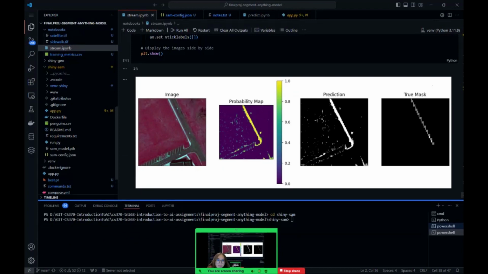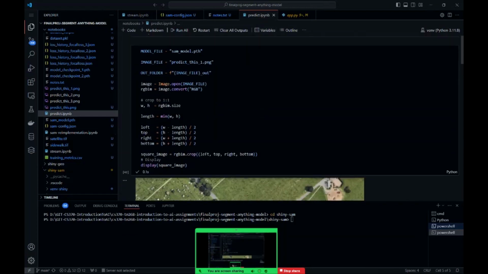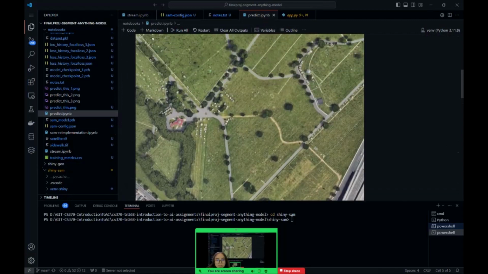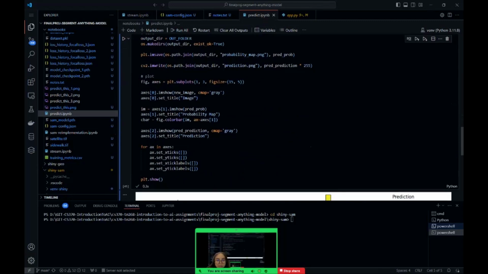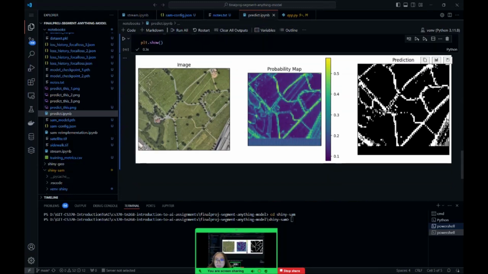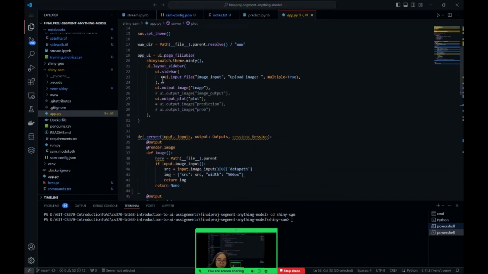This is deployed on Hugging Face Shiny Space. Before that, I wanted to show you the notebook where I've done my prediction on the screenshot. This screenshot is taken from Google Earth. It's basically the same process, but I wanted to print that before copying the code to Hugging Face. So yeah, this is the end result,